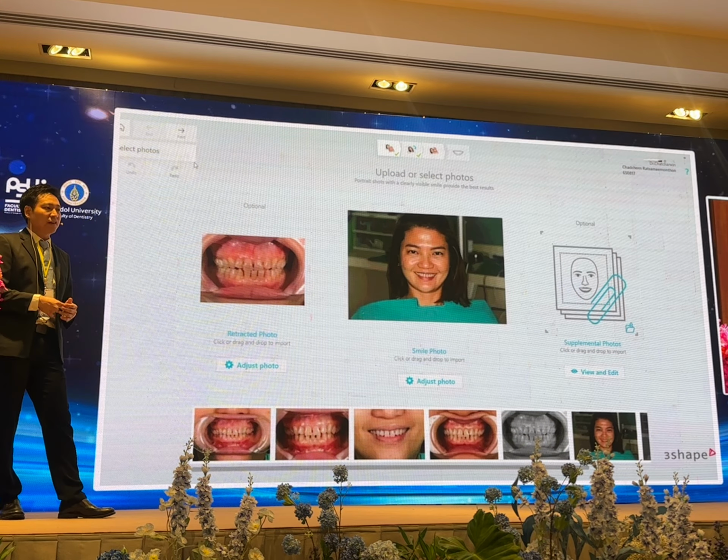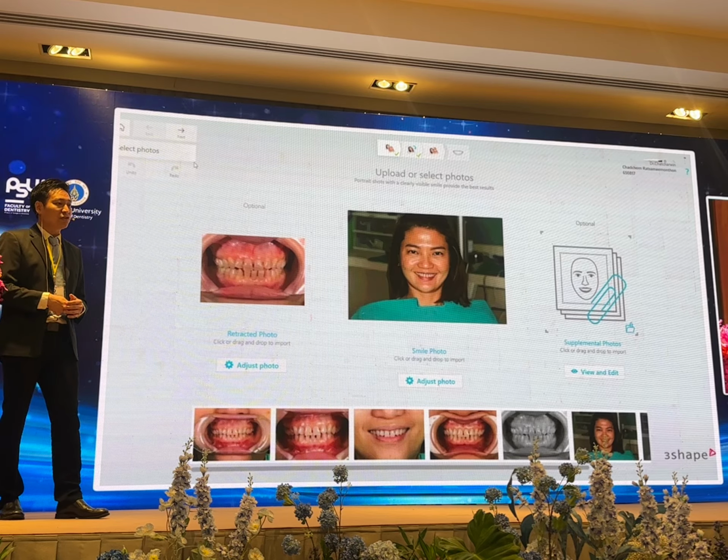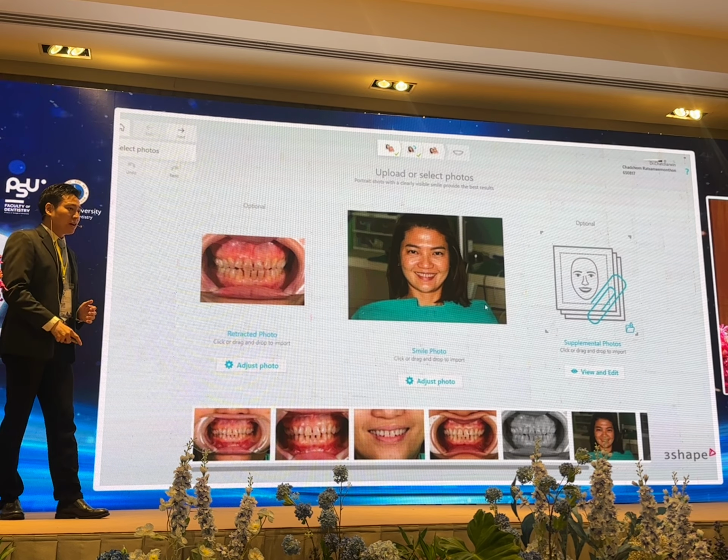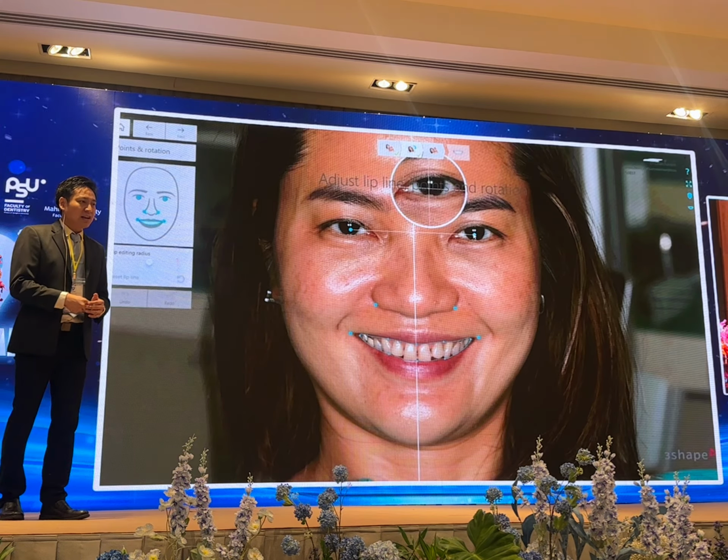Then we came up with the first generation, which is 2D digital smile design. For the 2D digital smile design,